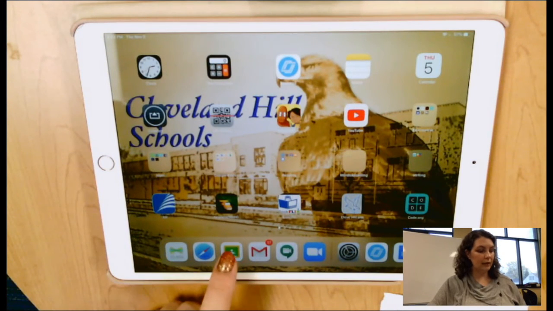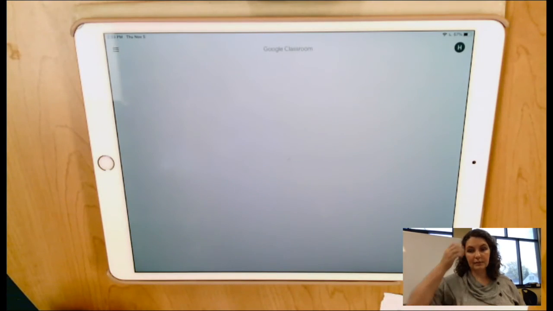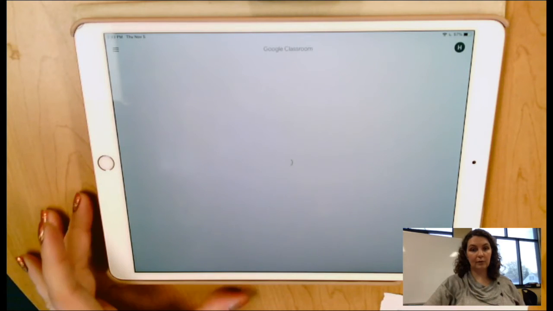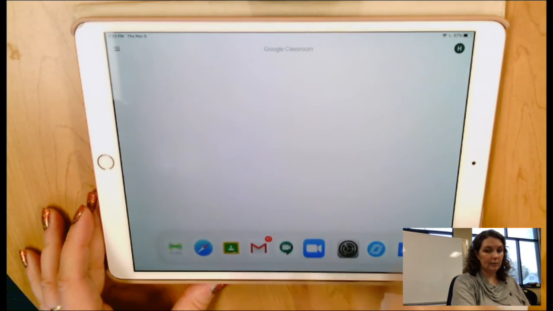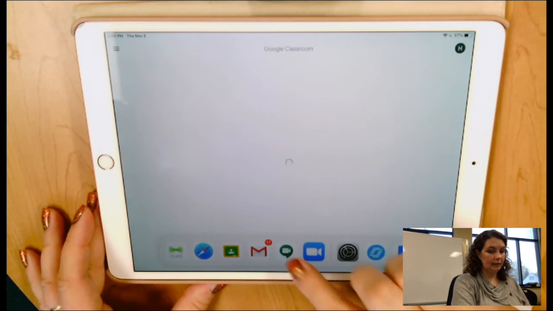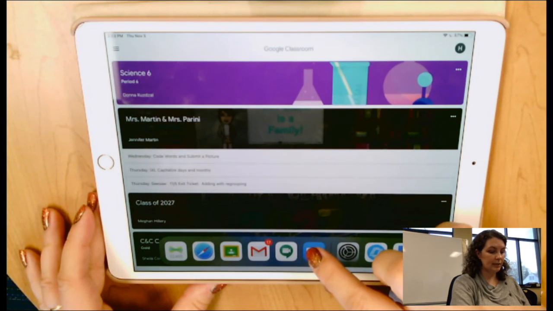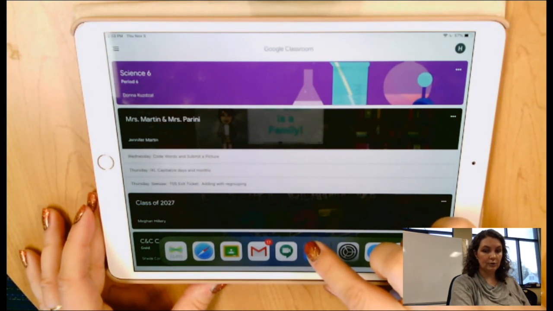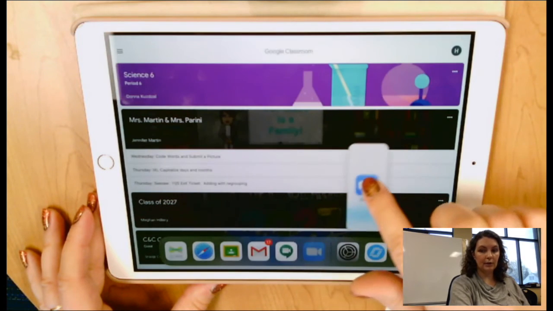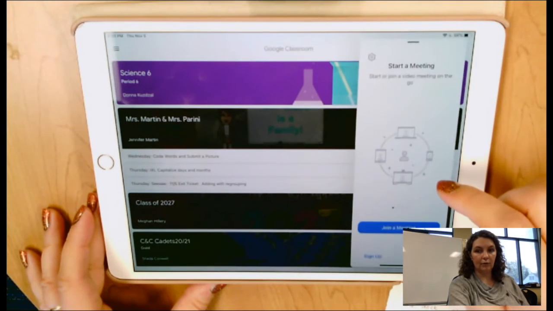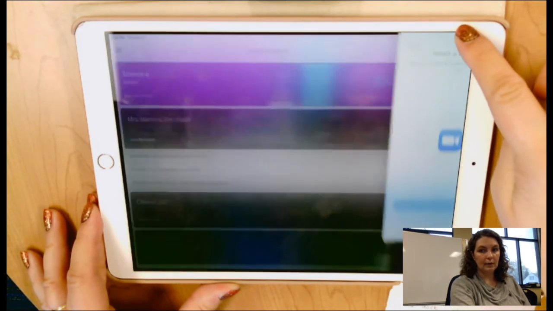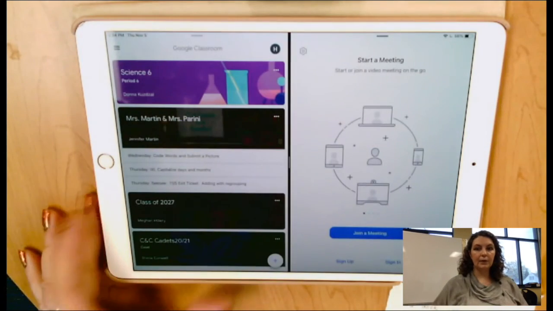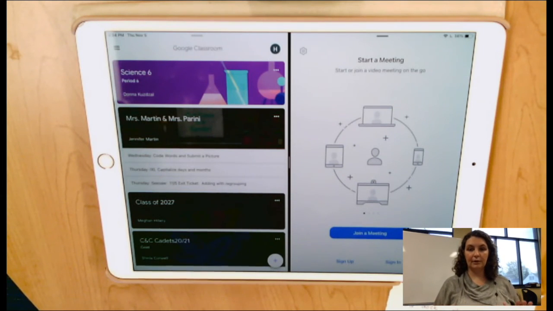I'm going to show you that in Google Classroom, the same thing will work. So I am in Google Classroom right now, and just as before, I can swipe up. I can get either Google Meet or Zoom. In this case, I will actually take Zoom and show you that it does work the same way. I can leave it over it, or I can press this button there, and you'll see it'll move out of the way. So Classroom moves, Seesaw doesn't.